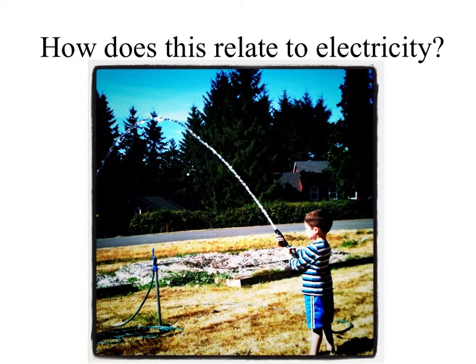Now, how can I make the water go faster or slower at my house? I'm going to turn it on either a little bit, which would be a low voltage. If it's a lower voltage, does the water go fast or slow? Slow. If I turn it all the way on, which represents my energy source, my voltage, it's going to move